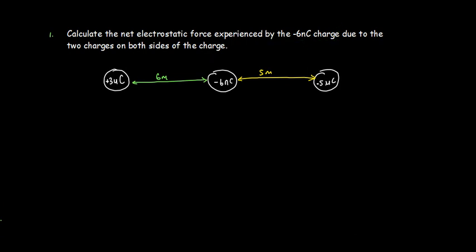Instead of it saying by the negative 6, what if it said by the negative 5 microcoulombs, which I'll fix in a second. Micro is something that will be like this. So what if it says calculate the net electrostatic force experienced by the negative 5 microcoulombs due to the other charges, let me write, due to the other charges,